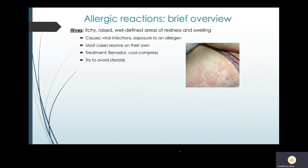So, some allergic reactions. I said we would briefly be talking about this, just a brief overview. So, hives. I'm sure you or your child have probably had hives before. They're pretty uncomfortable. They're itchy, raised, well-defined areas of redness on the skin. There's several different causes. They can be caused by viral infections or exposures to allergens, so something you might be